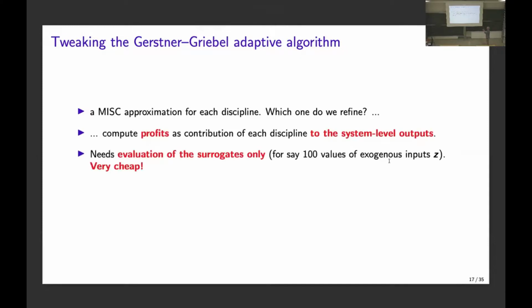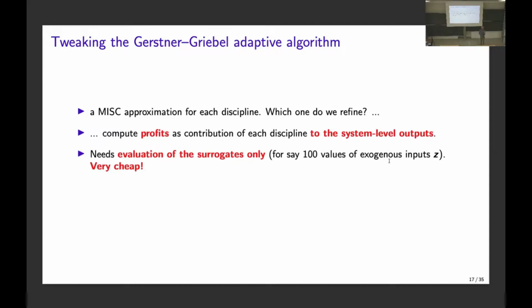So again, I want to do a MISC approximation for each discipline. Which discipline do we refine? So if we want now, it's a MISC with another index. I have kappa, the model, alpha, the mesh, and beta, the sampling. So now it's a MISC++, where I have 3 different chunks of indices.